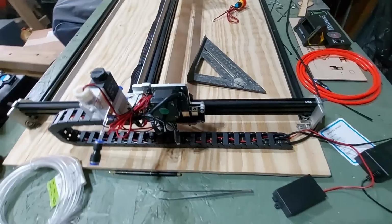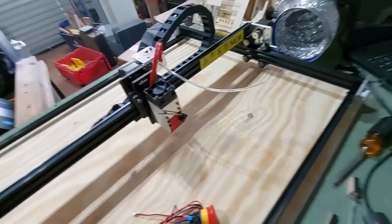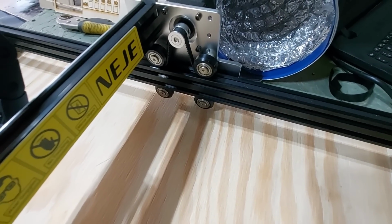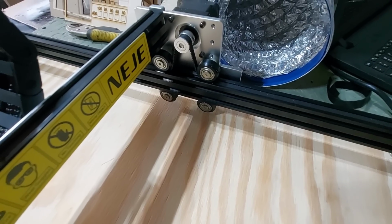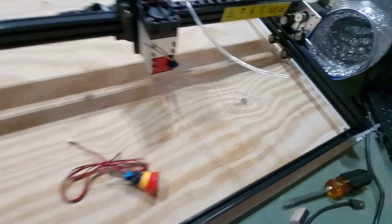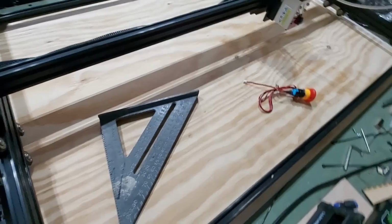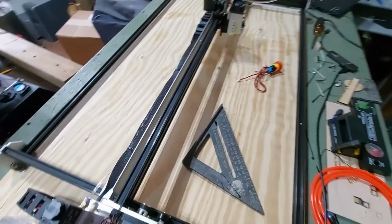And I do like the fact, there are some things like if you look way down here, you'll see that there are 4 wheels over here instead of 3. You know, normally there's like 3 wheels there. You got 4 wheels riding that extrusion right there. And you'll also notice that the extrusion is not 2020, it's 2040 on the Y. So they've beefed up the extrusion for you people that are worried about it traveling across. And look at the top. They've also put 2040 up here on the top. Beefy machine,